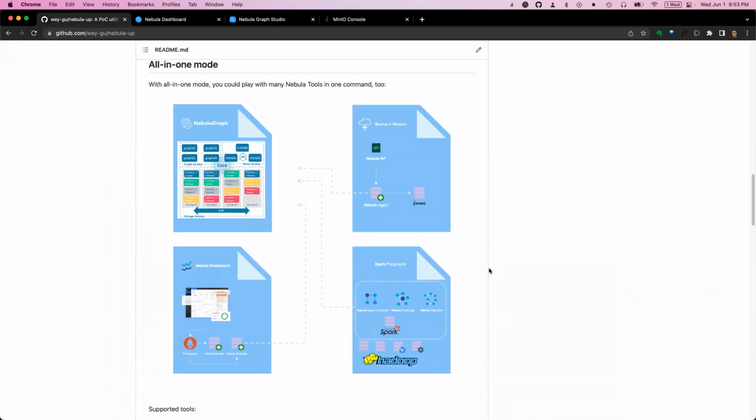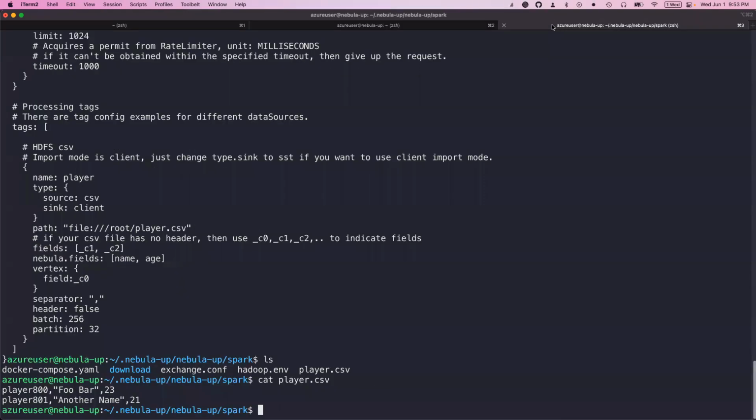So this is the architecture I want to show you more. Actually, if you look into the files here,